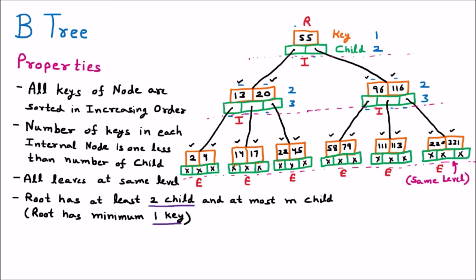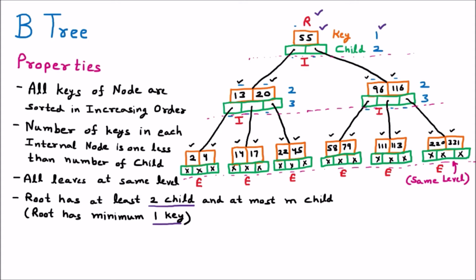So here if we see that on the root node, in this root node we have at least 1 key. So how many keys are there? 1. Whenever the root has 1 node, it has 1 key. So they want to say that at least there should be 1 element present in the root. That is the thing they want to say.